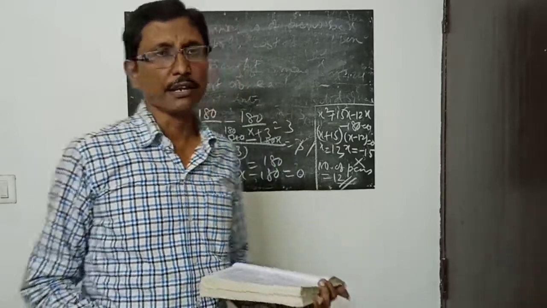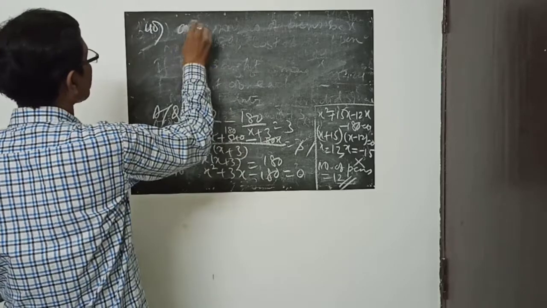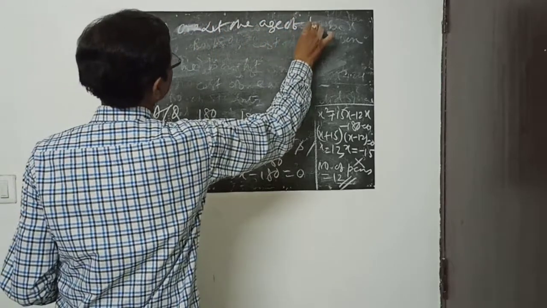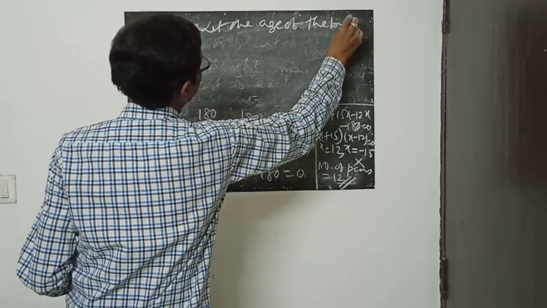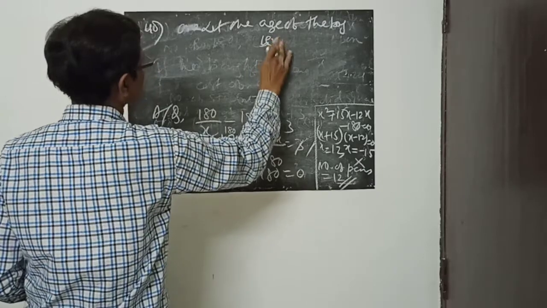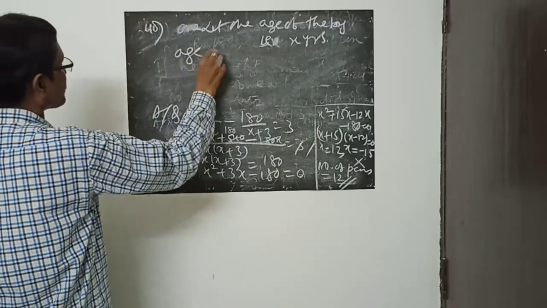Find their ages. Suppose the age of the boy is x years. Therefore, the age of his brother